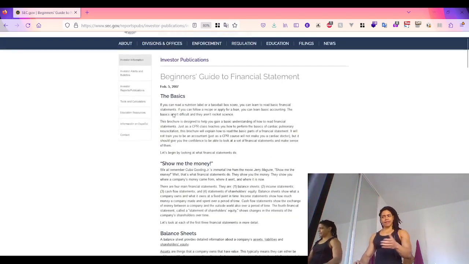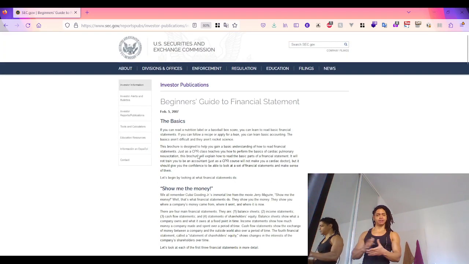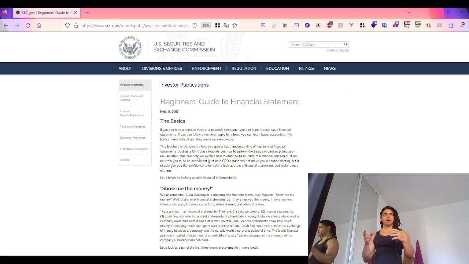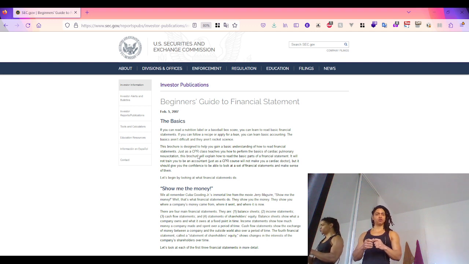So in this section, the SEC, the Securities and Exchange Commission, mentions that if you're able to read nutritional labels or a baseball box score or soccer box score, you can learn to read the basic parts of a financial statement. And if you can follow a recipe or apply for a loan, you can learn the basics of accounting. And the basics are not difficult. They are not rocket science. So this section will give us a basic understanding of how to read financial statements,